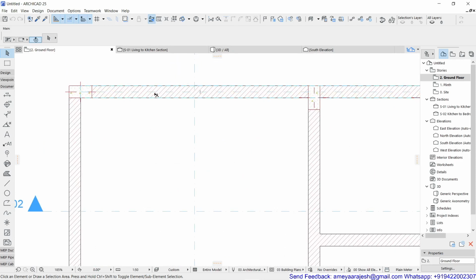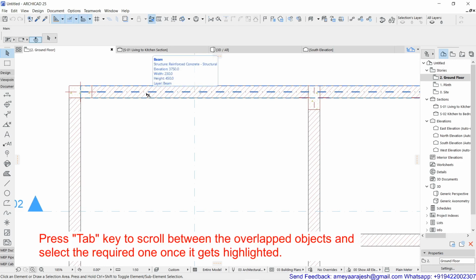Now make sure that if there are overlapped objects, say for example there is a wall element and a beam element, and even the column is also there, and for some reason you are standing on that location and the highlighted element is not in your favor, you can hit the Tab key on your keyboard so that ArchiCAD will keep rolling on that location and find out which object you can select, and it will get highlighted. Every time you hit the Tab key, you will realize this. So this is one more possibility.